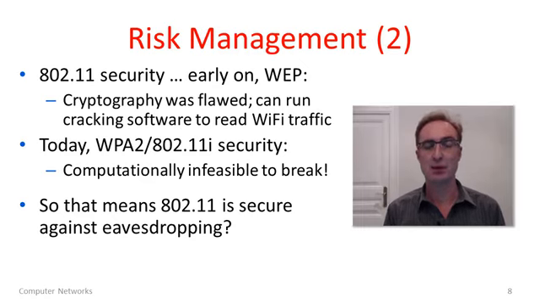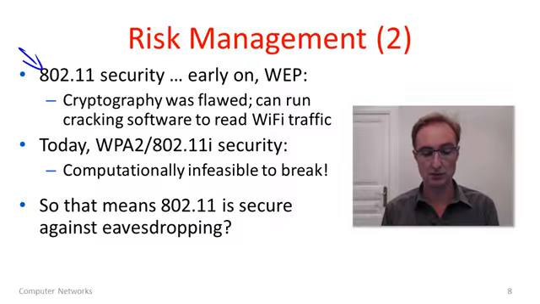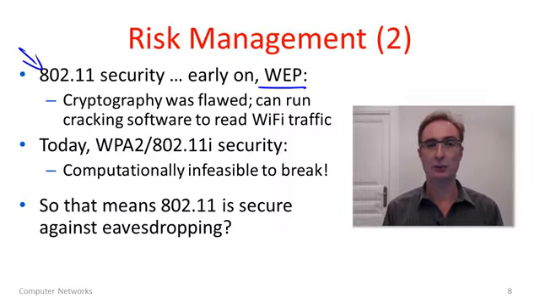Just as an example of risk management and how everything comes into play, let's think for a moment about 802.11. This is the kind of network that we would want to be secure against eavesdropping. Actually, early on, you probably heard that there were big problems here. Early on, there was this scheme called WEP. It stood for Wired Equivalent Privacy. It used cryptography. However, it turned out that the cryptography was really flawed in many different ways. People discovered this over time and found that these compromises weren't theoretical, they were very practical.